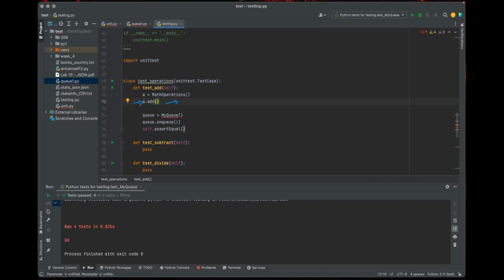But in the add operation, we just pass two parameters, x and y, and return x plus y, right? So there is no variable that we need to prepare. You can call it, yes, it's fine, but I don't see any purpose for that.